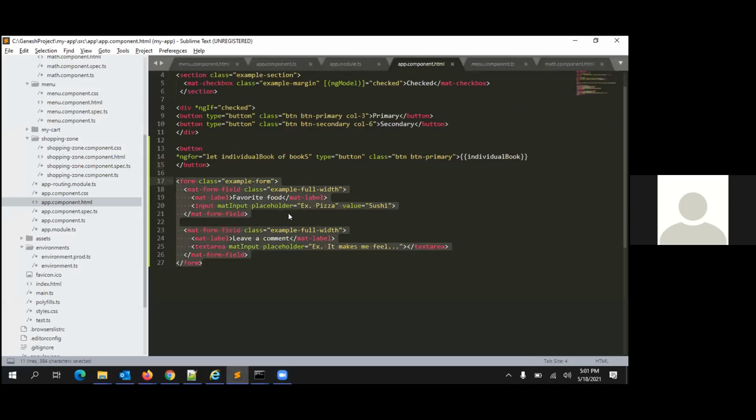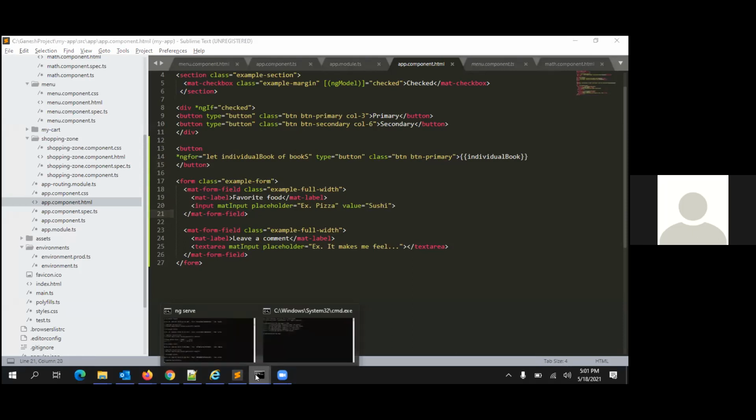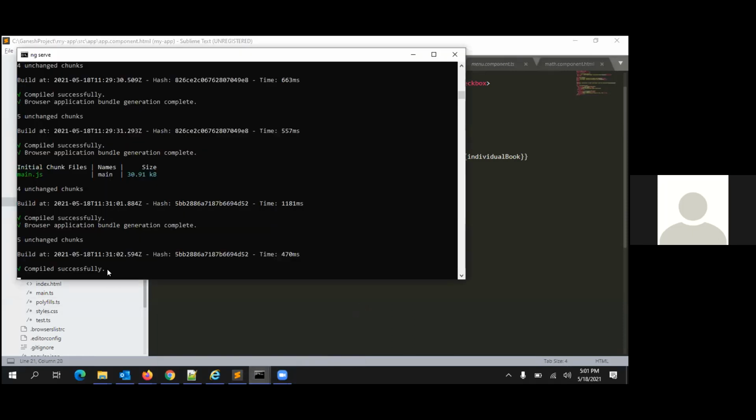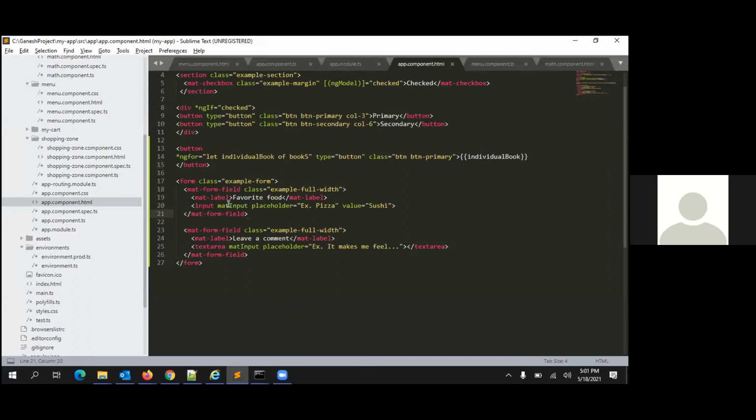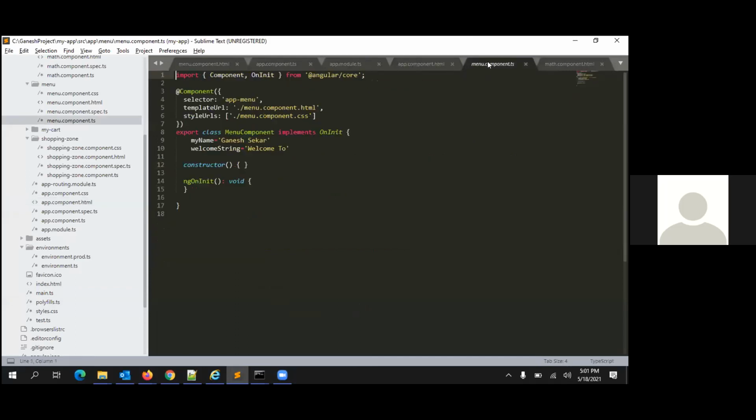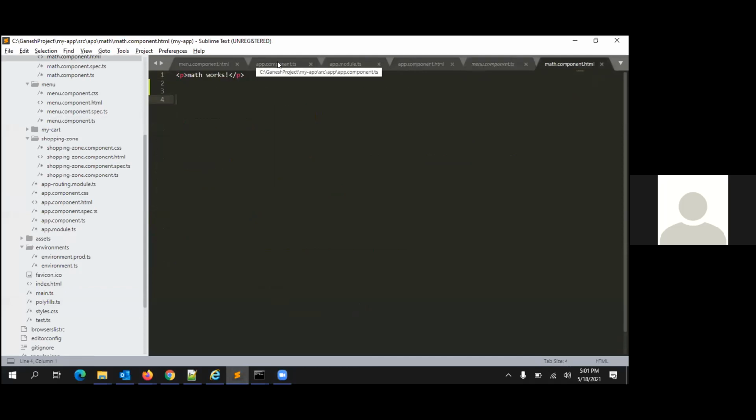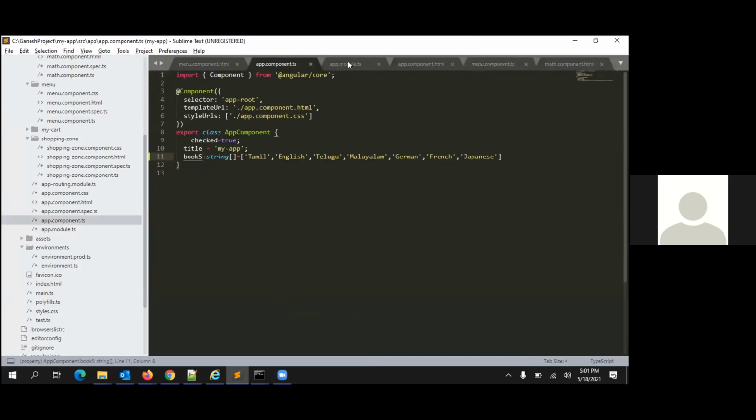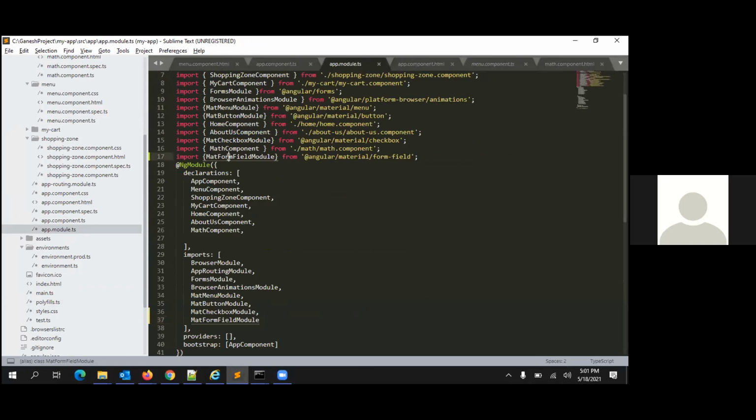This is what I copied pasted. Okay. Compilation success. It's not throwing any other. The mat form field also I have updated in app model.ts. Okay. Mat form.